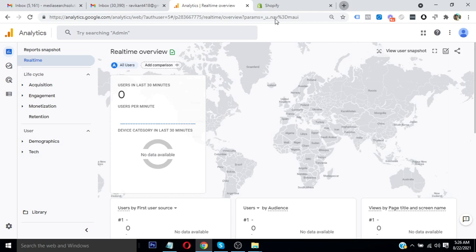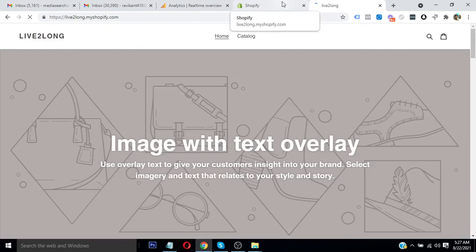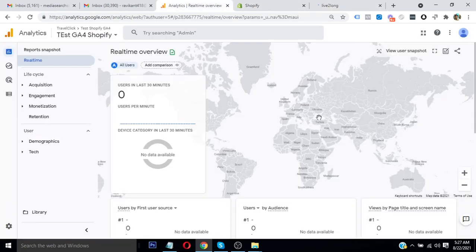This is the test demo site, so I'm just going to show you a test, and after that I will delete this transaction. Once we are live on the website, we should be able to see some events here. Right now we are on the website, and we would be able to see our purchase event getting triggered here once we successfully do a purchase. So let's conduct the test.